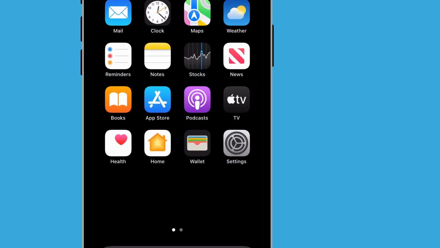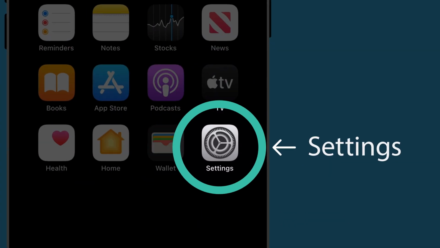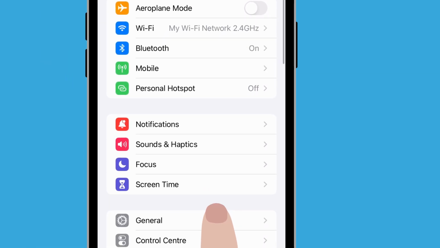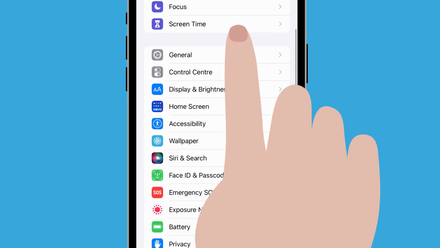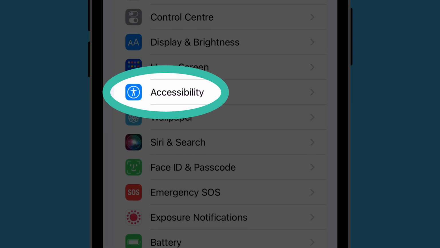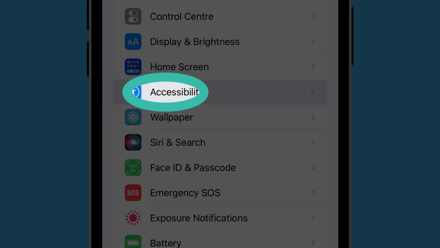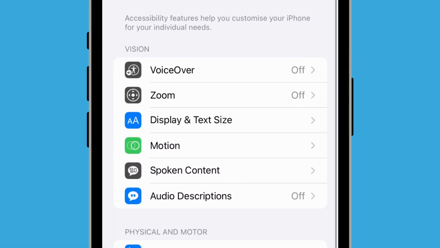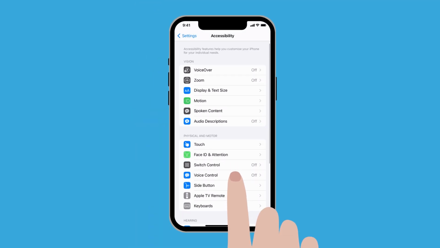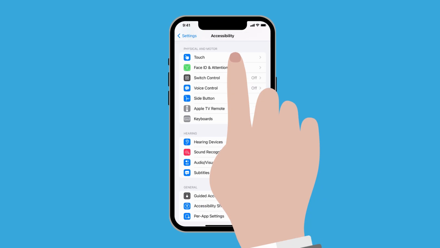From the home screen, tap on the Settings app. Once the Settings menu opens, scroll down and tap Accessibility. Scroll down to Audio, Visual,